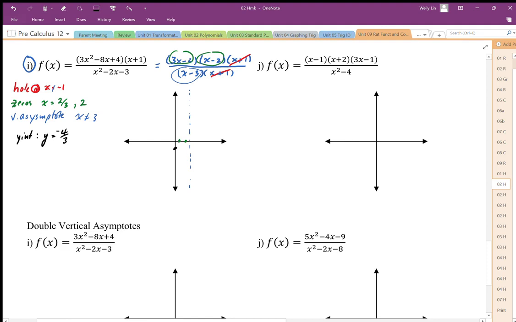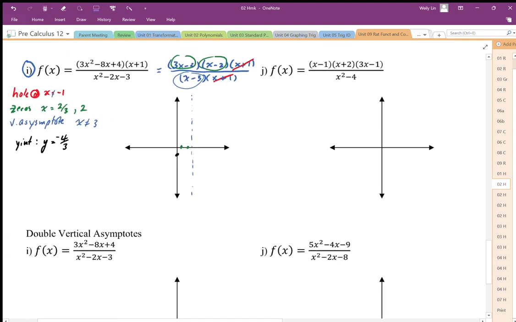So the last thing we want is our slant asymptote. We're going to get our slant asymptote by long division. So I'm going to divide x minus 3 into the numerator, and I'm going to write it as 3x squared minus 8x plus 4. We don't need to divide the canceled factors because we know that already divides evenly. So we end up with 3x